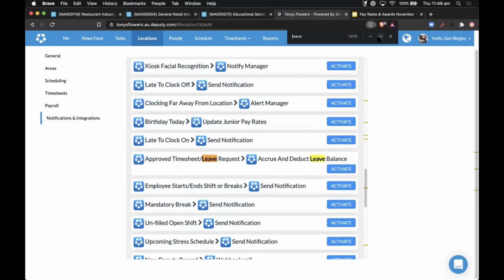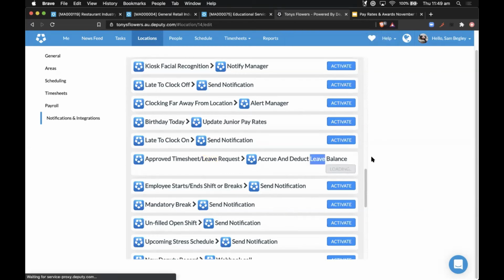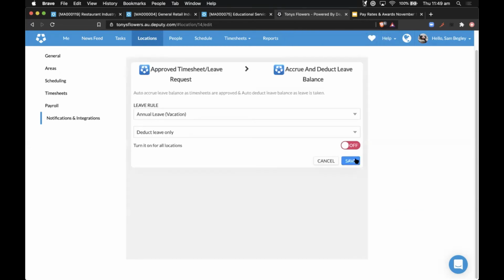There we go, accrue and deduct leave balance. Just be aware, if you turn this on, it will be turned on for the whole location. Or again, if you tick that box, turn on for all locations, you will turn it on for all locations.